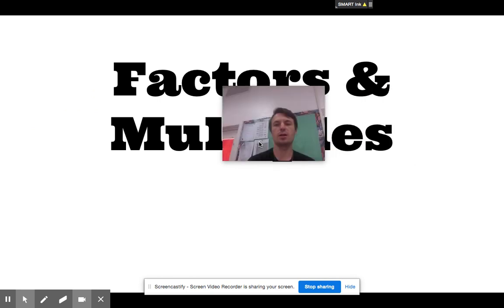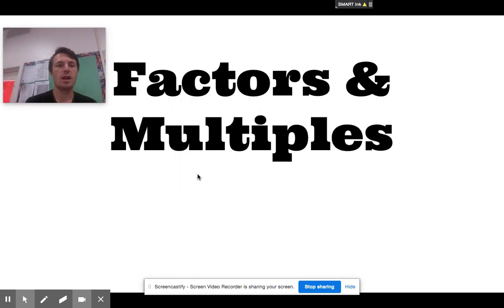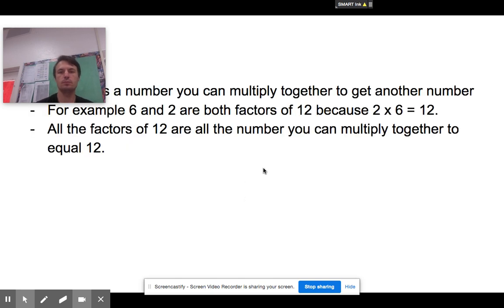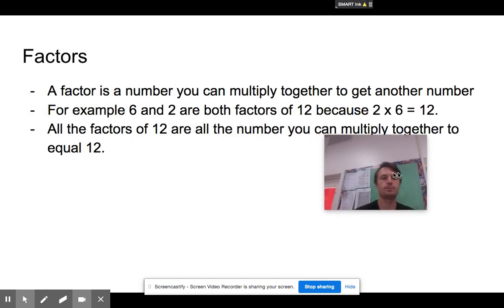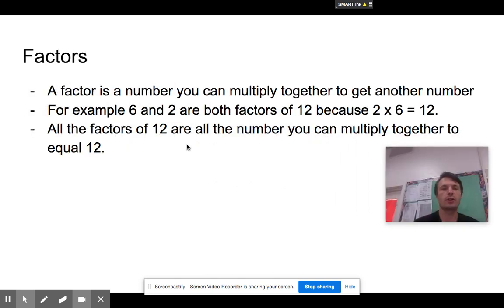Today's math lesson is on factors and multiples. Let's get started. First of all, let's start with factors. Factors are numbers you can multiply together